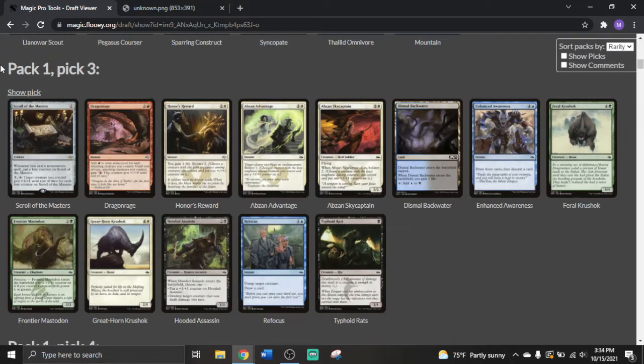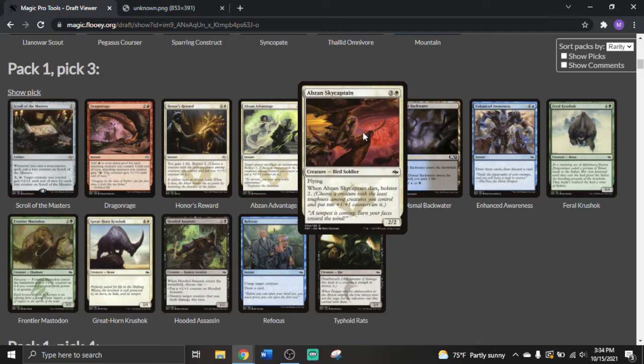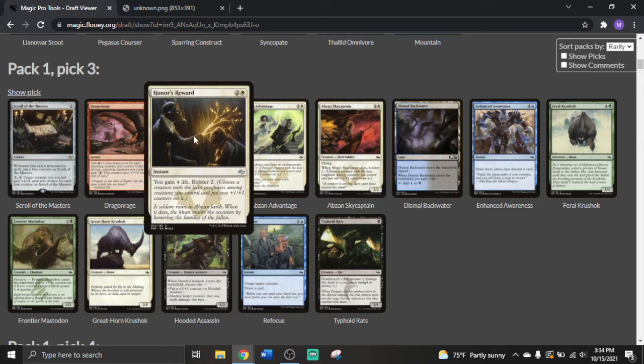All right, this time we do have some good white cards here once again. We've got another flyer in the Abzan Sky Captain, which is not an amazing card. The rate is a little bit lacking, and it doesn't always die when you want it to, which means that Bolster 2 can be harder to achieve than you'd like. And then there's Honor's Reward, which is a pretty good combat trick. You don't really get to choose that often what you're putting it on, but it can definitely do a good job